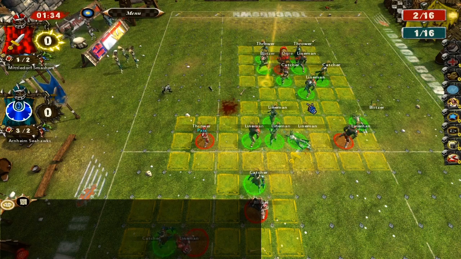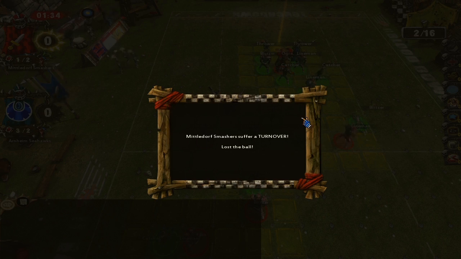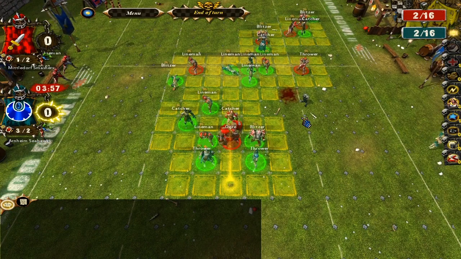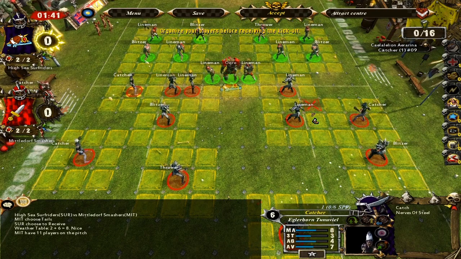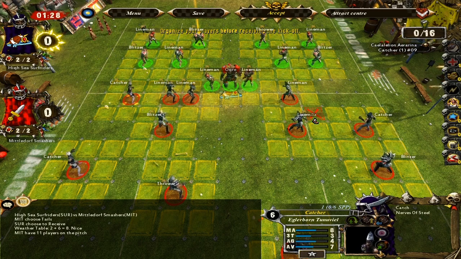But I really want this pass to go through, which of course it didn't. So that's the inherent risk of doing pass plays. Okay, so I've shown you the basic concept of how to actually do a 2-turn touchdown pass play with a human team. Even though we failed horribly in the end because our stinking catcher didn't catch the ball,